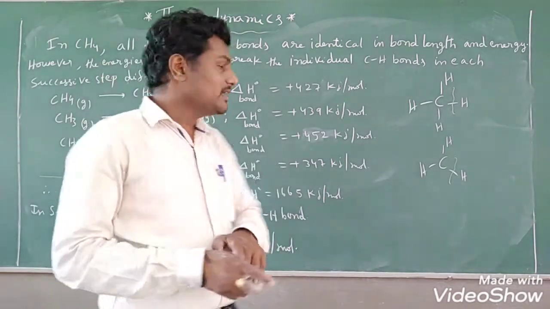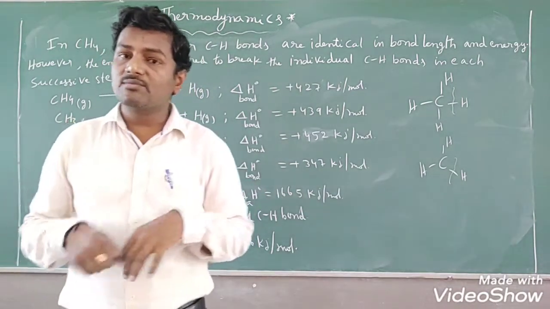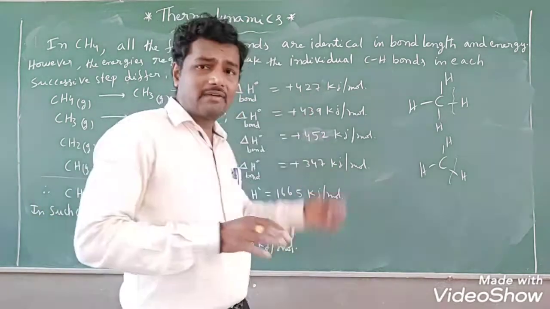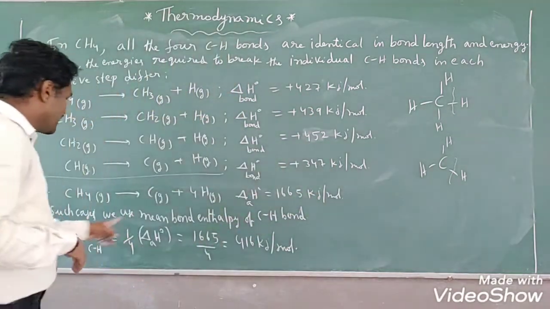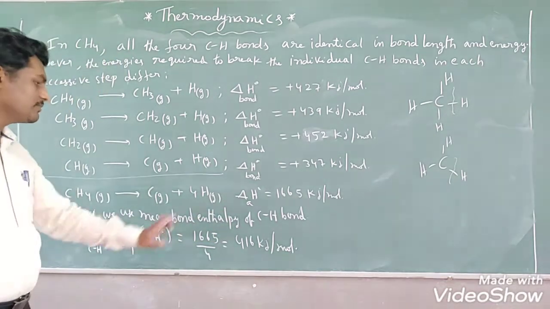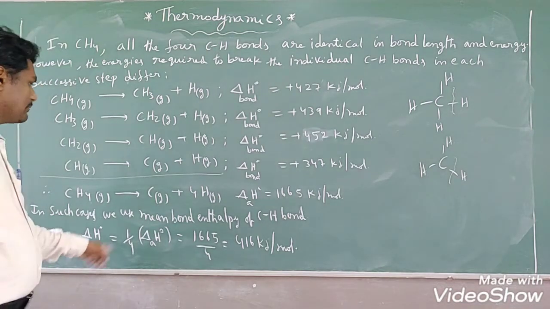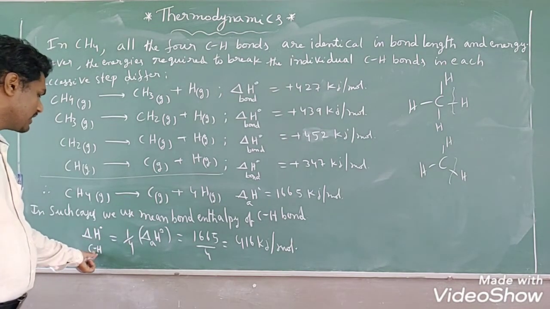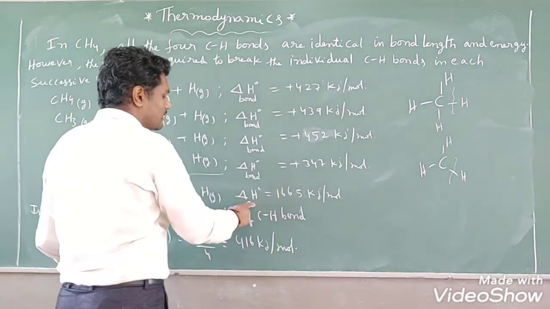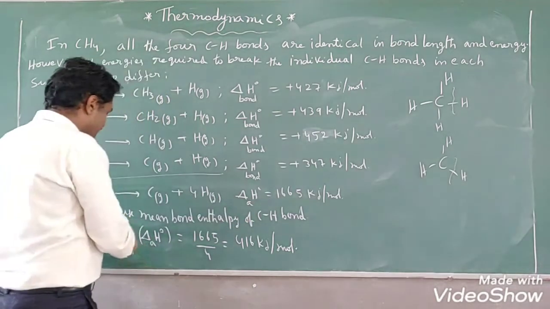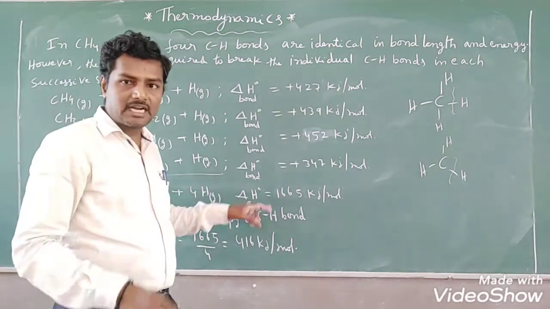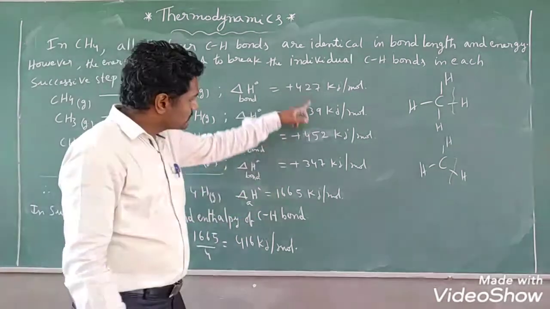Okay, sir, then which energy value should we consider as the bond dissociation enthalpy? We should not consider any one of the values here. In such cases, we use the mean bond enthalpy of the CH bond. How do we calculate the mean bond enthalpy? Delta H naught CH: you sum all the values and divide by 4. If you sum all the values, you get the enthalpy of atomization only. That's why I have taken the formula as enthalpy of atomization divided by 4. You need not write enthalpy of atomization delta H naught A by 4; you can also sum it.